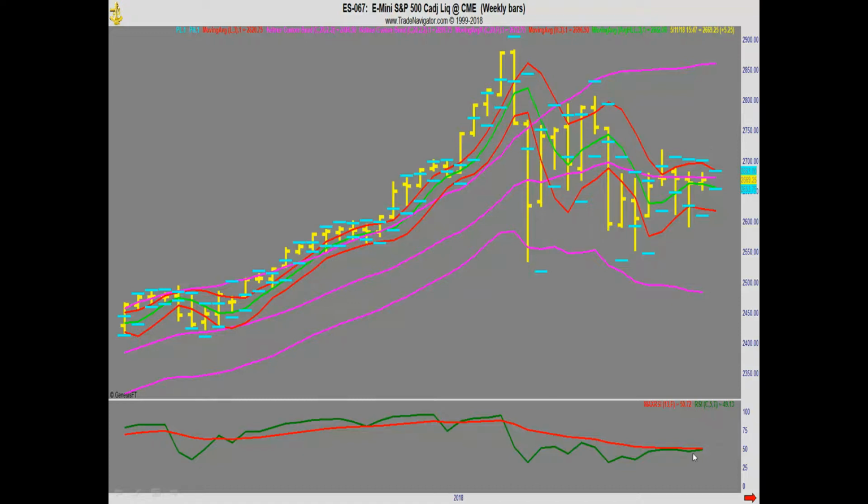We've been talking about this momentum indicator being negative ever since the initial break in early February. But it wouldn't take a whole lot to get that moving average back above the RSI there. You can see they're very, very close here. Doesn't mean it'll go through, and if it does go through, it doesn't mean they're going higher. But it is a good indication that we may be seeing a little bit of strength. Little. Did I say little? Tiny? Yeah. Again, could be due for a breakout because of the way this is shrinking down here. I'm just afraid they could stay shrunk for a long time, so it might take patience to wait for a true